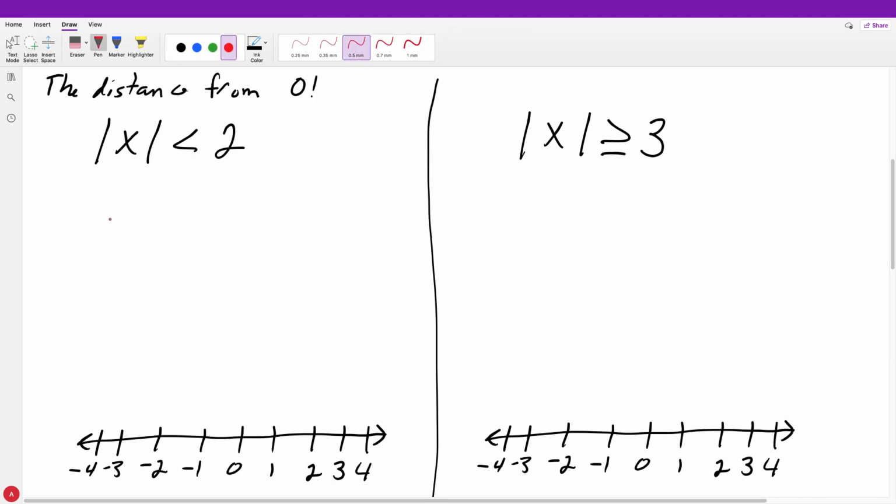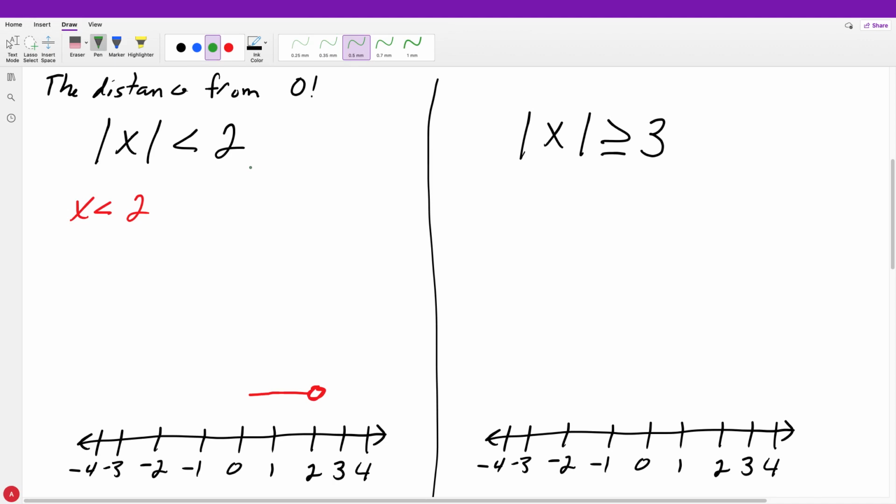So we know that we can go ahead and plot this first one of x is less than 2. Right? And we can go ahead and plot this here and start to go in this left direction because we know all these numbers here between 0 and 2 are less than 2 from 0. Right? Now, just like we did with